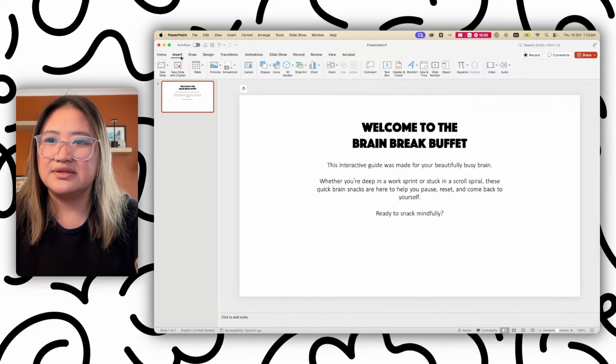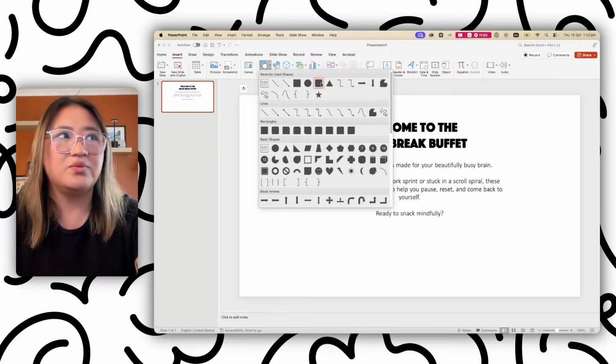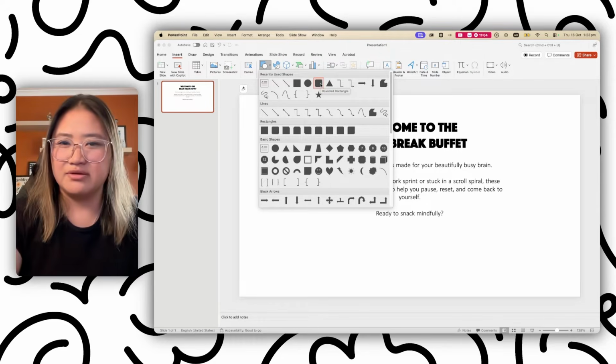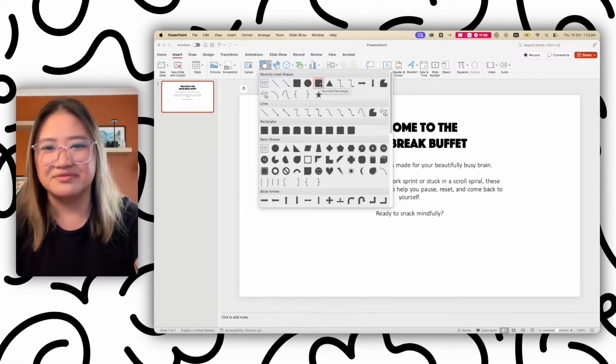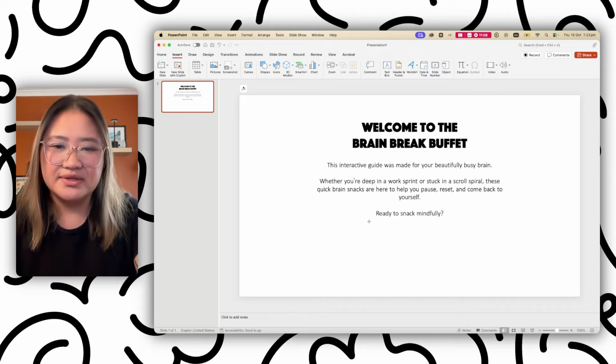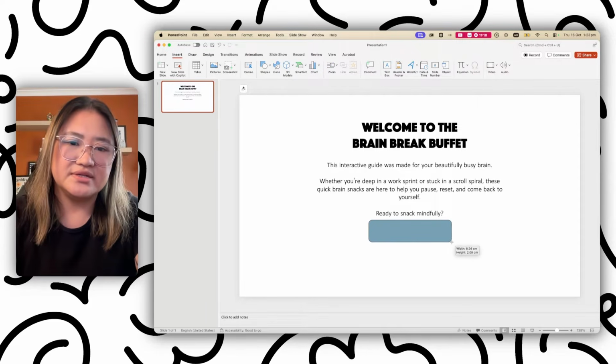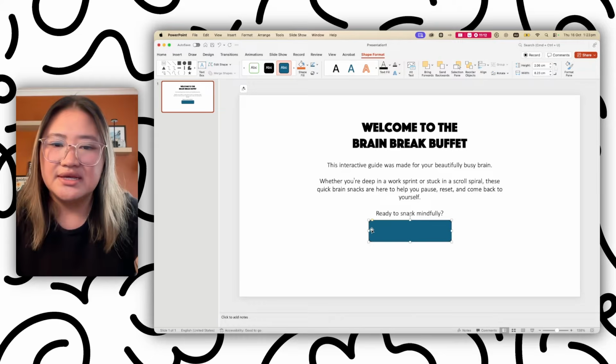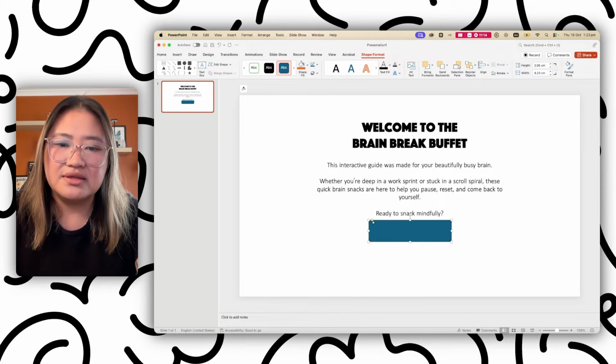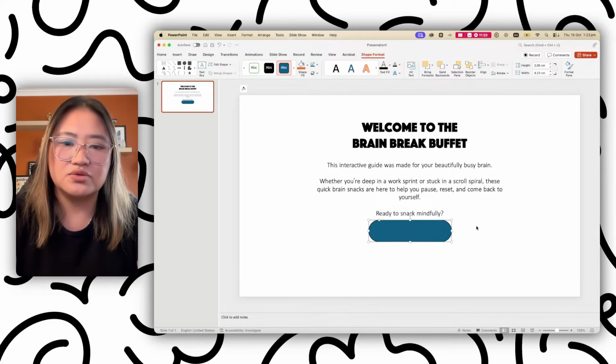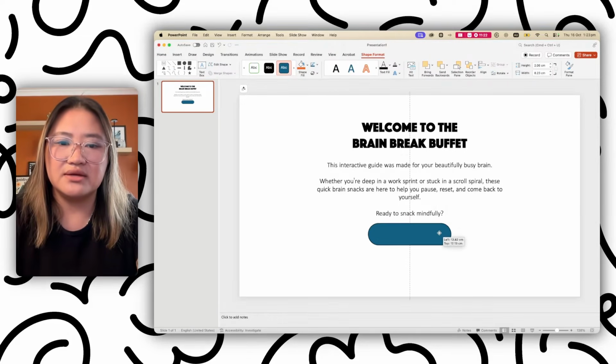So using the insert tab here, select shapes, and we are going to select my favorite button of all time, the rounded rectangle. Only because it gives you the flexibility to create a pill button. And so selecting the yellow square, click, hold and drag inwards, and it should automatically scale down to a nice